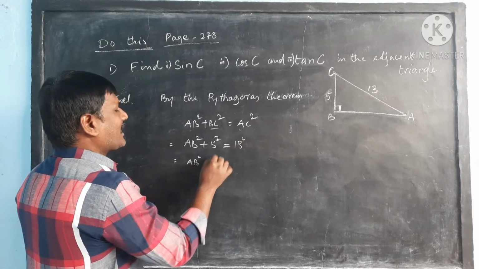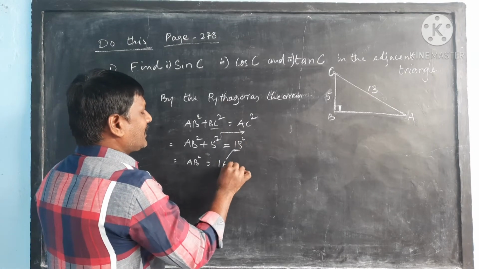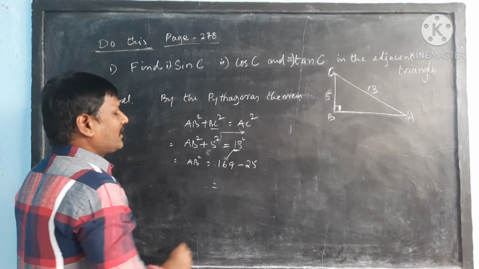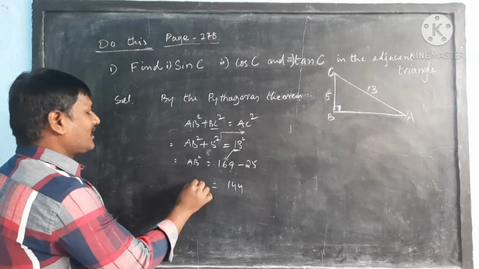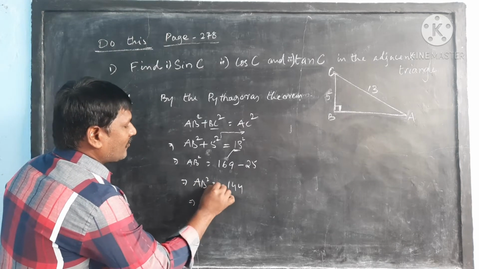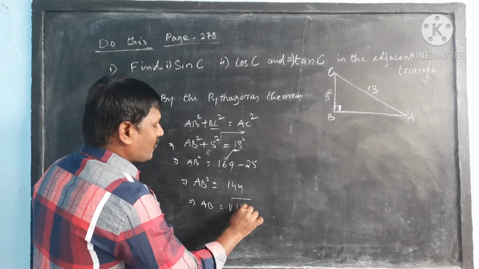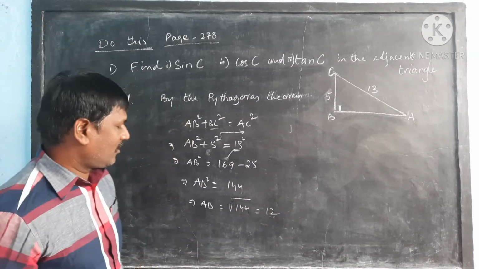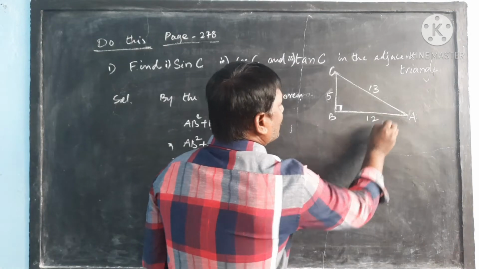So AB square is equal to, you can transfer this one from left to right, it will be, so 13 square is 169, then transfer left to right, it will be minus 5 square is 25, then you get 169 minus 25 is equal to 144, okay, right, then it is AB square, which implies AB is equal to, now transfer the square from left to right, it will be square root, then we will get square root of 144, the square root of 144 is equal to 12, okay, then the measurement of AB is equal to 12. So the length of AB is equal to 12.